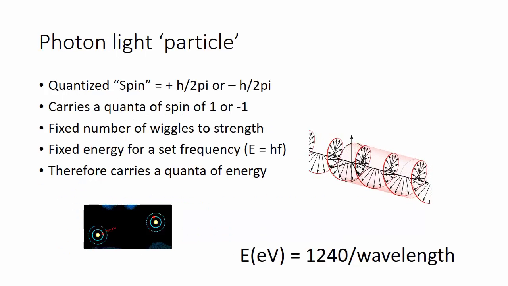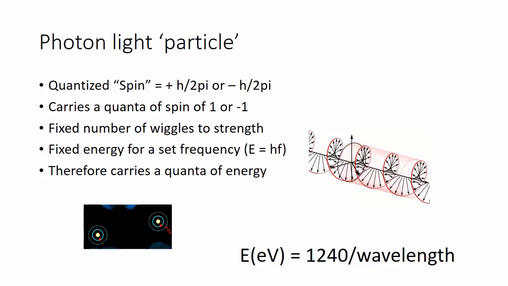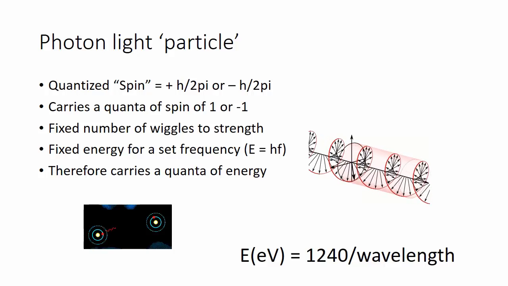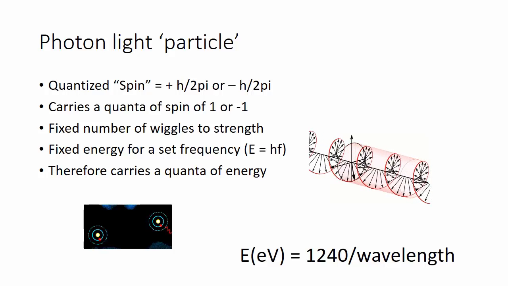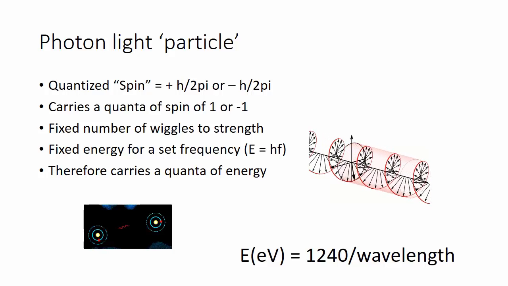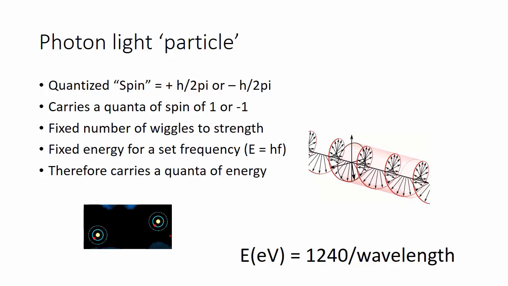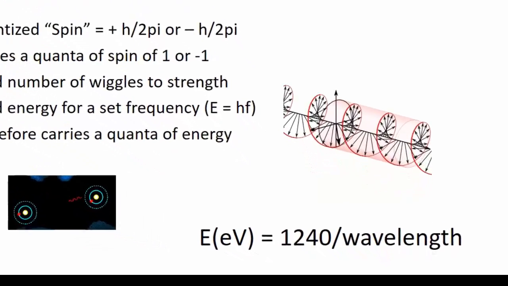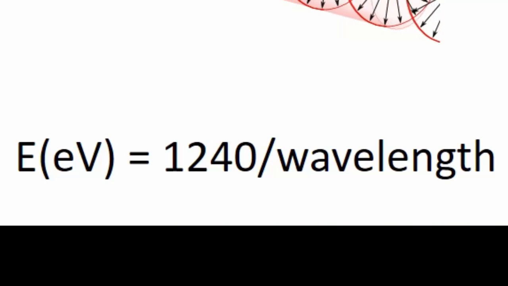Now let's cut our teeth on our first quantum particle, which is a photon, which is both quantized and has several quanta associated with it. Here we have the basic quantum mechanical equation everyone uses, and that's down here. So if you have a wavelength of some light and you put it into this equation, it gives you the energy or voltage, the quantum voltage